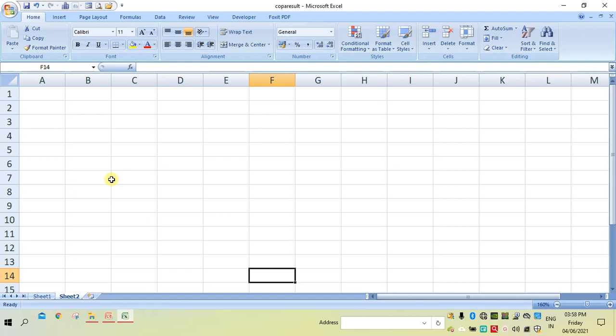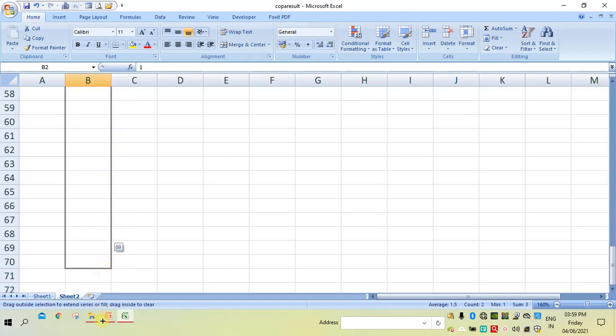Other than this type of filling the cells, we have other types also. For example, if you want to type 1, 2, 3 up to 100, instead of writing 1 to 100, you can type 2 numbers, select these 2, and at the bottom right corner you will get the plus symbol, select and drag down.